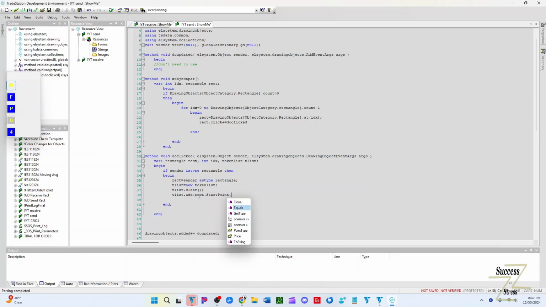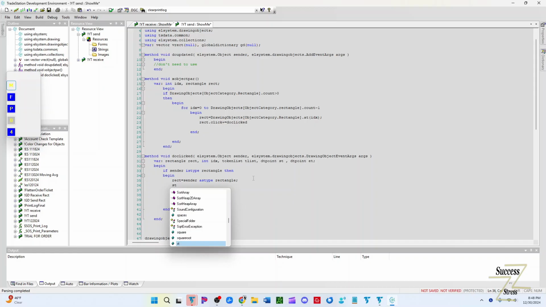So it'd be great if you could just say rect.startPoint.date of bar and then the price, but you can't get the date time of the bar. So what you have to do is you have to be clever, and you know that you can get the start point, and so you can extrapolate the date time of the bar from the start point. Yes, it makes it more complicated, but it's the only way that I could figure out how to do it. So let's make a date time point, st for start point, dt point for et endpoint. And then, all right, well, before we do anything with the token list, we can just say that the start time,